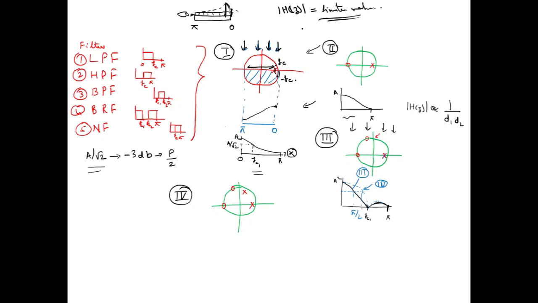Okay, and hence at this location, there will be some frequency components which will be passed by the filter. Okay, which filter? The filter I have shown in case 1,